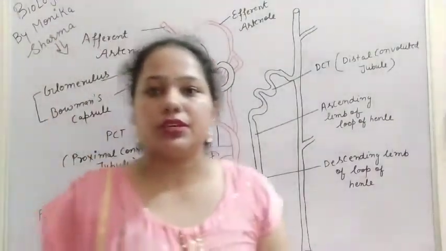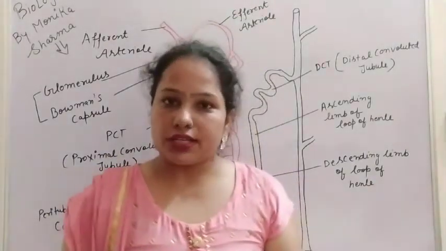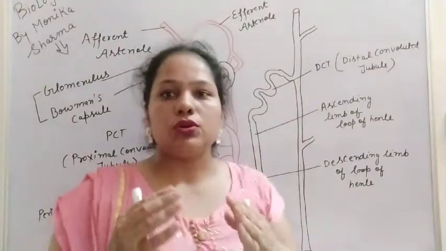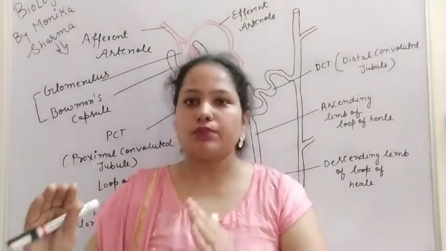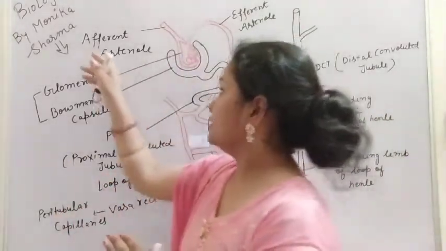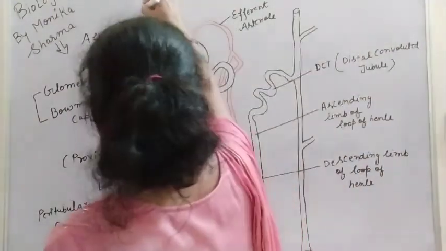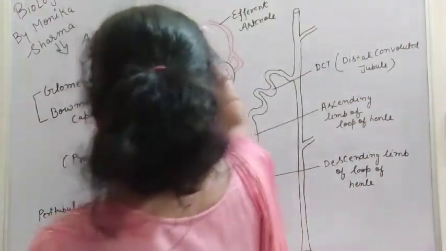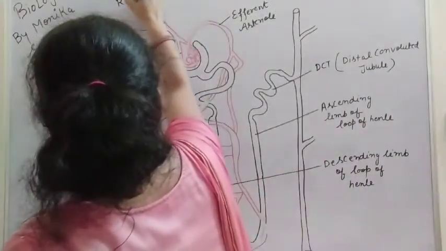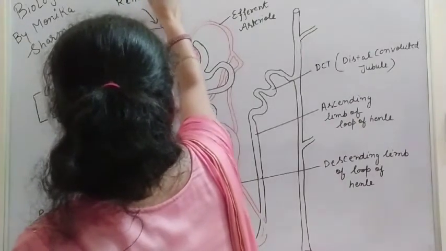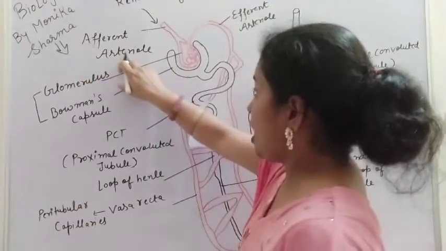Renal artery means the artery that is coming inside the kidney. Renal word is related to kidney. So first the main artery, then further bifurcation of the artery is the arteriole. So here it is written afferent arteriole, the artery that is coming in the kidney. It is the branch of the main renal artery, and the branch of that renal artery is the afferent arteriole.